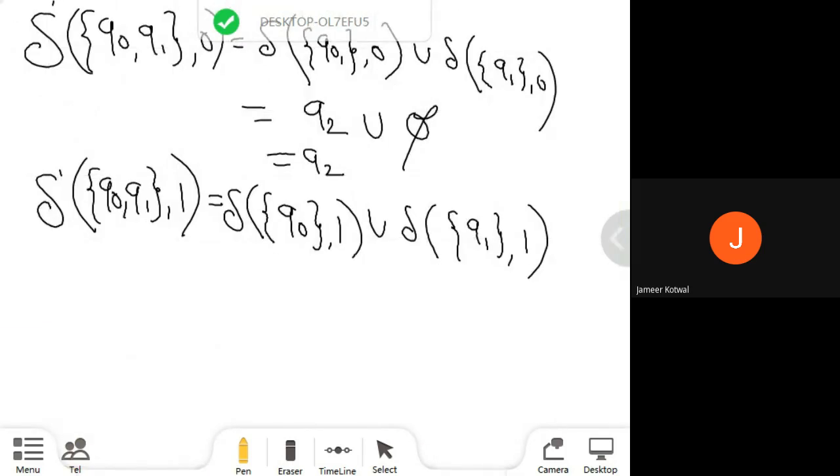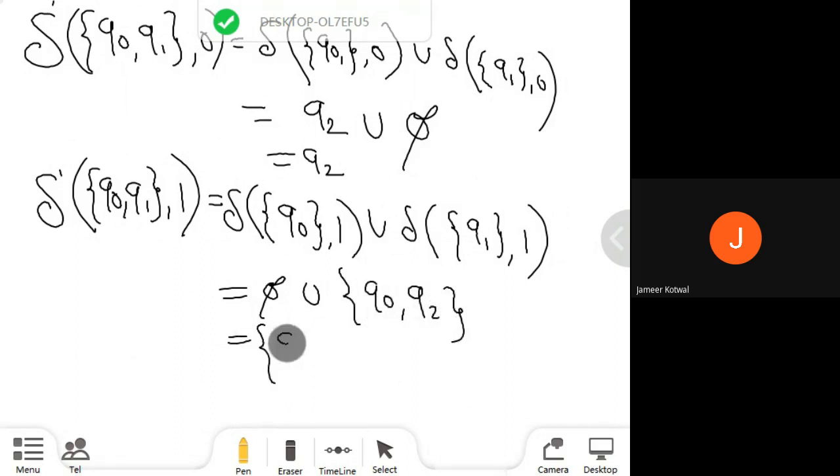Just go through, Q0 if I process 1, it reaches a dead state, but in Q1 if I process 1, it reaches multiple states, that is Q0 as well as the Q2 state. Right? So what will be the output? The output will be Q0 and Q2.